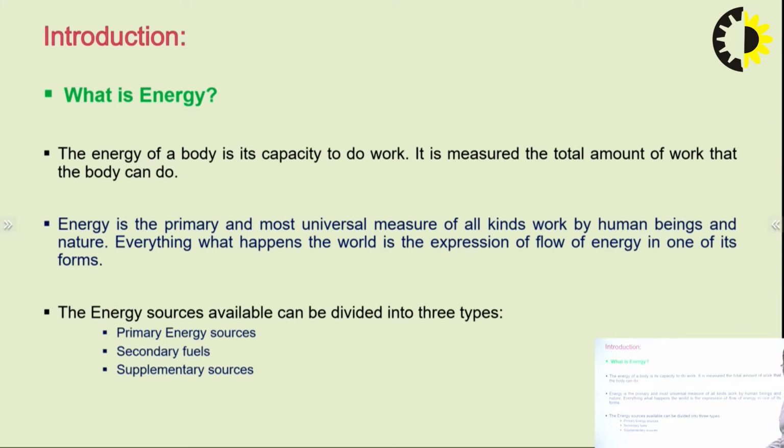First of all, we need to learn what energy is. Can you please tell me what energy is? The energy of a body is its capacity to do work. It is measured by the total amount of work that the body can do or perform. So energy is the primary and most universal measure of all kinds of work